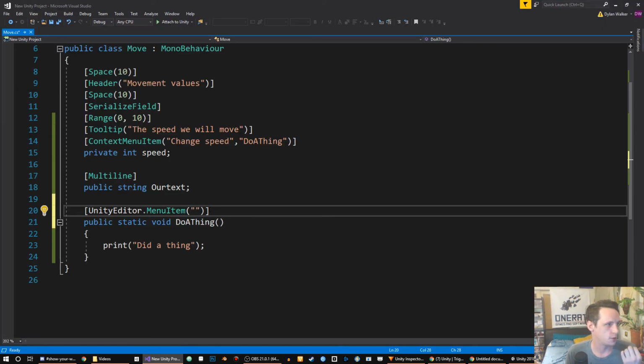So all we need to do in here is, like I said, I'm going to be making some custom tools. This section will be do stuff, and the thing we're going to do is do a thing. Now that we've done that and we have this as a static,